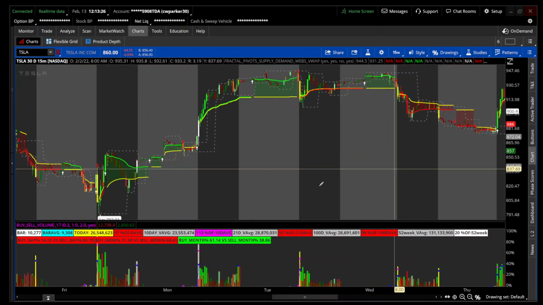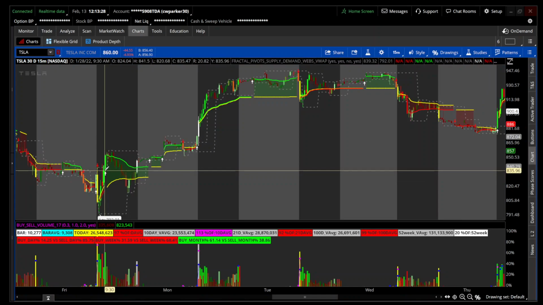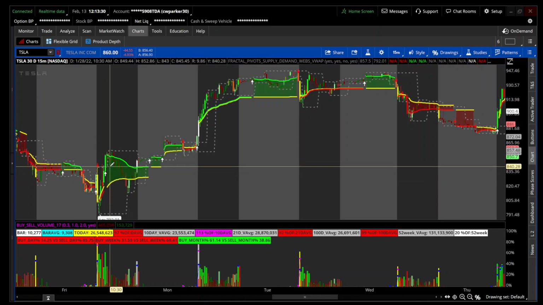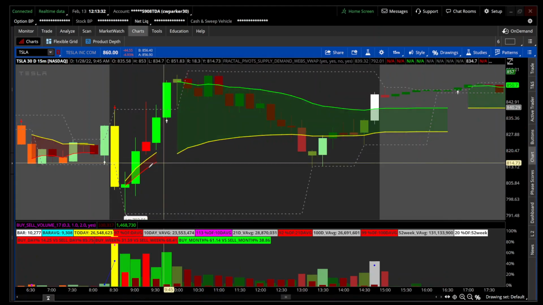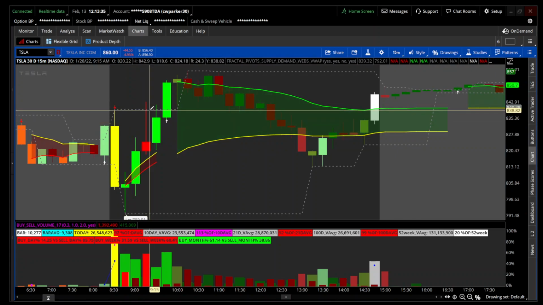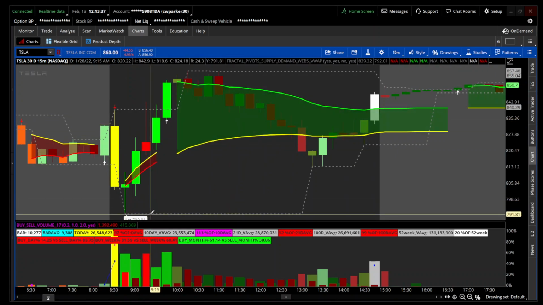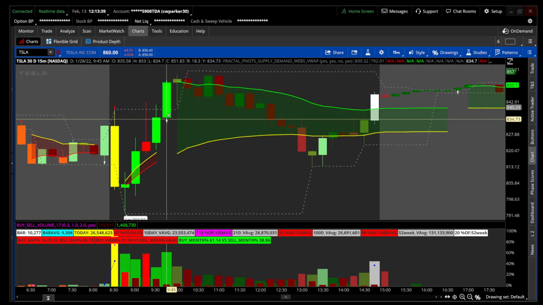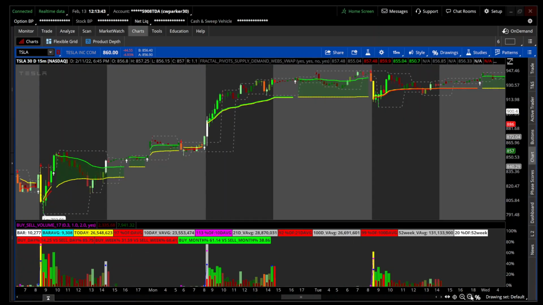Right here, first thing you'll notice, I added an anchor VWAP for the indicator. It creates an anchor VWAP at the breaks of the supply areas or the demand areas. You get an area at the bottom and you also get a label as well. I'm looking at Tesla, and I also added these gray lines of outline of the fractals. And basically for me, I look at it as like a web. I was calling it the fractal web, but